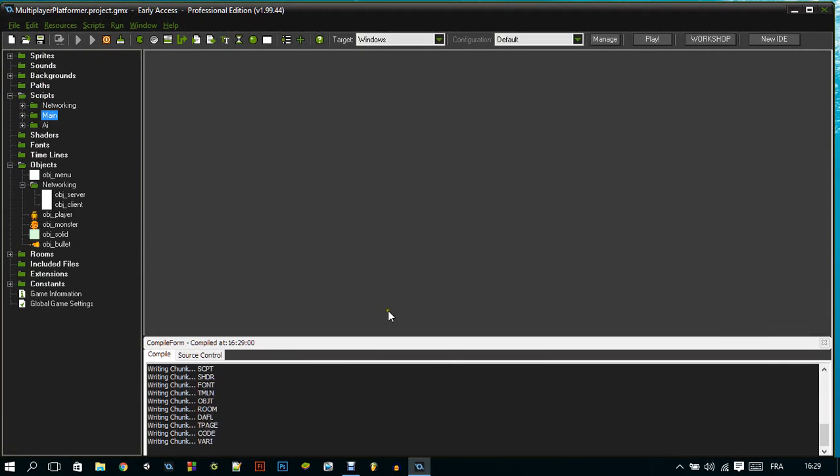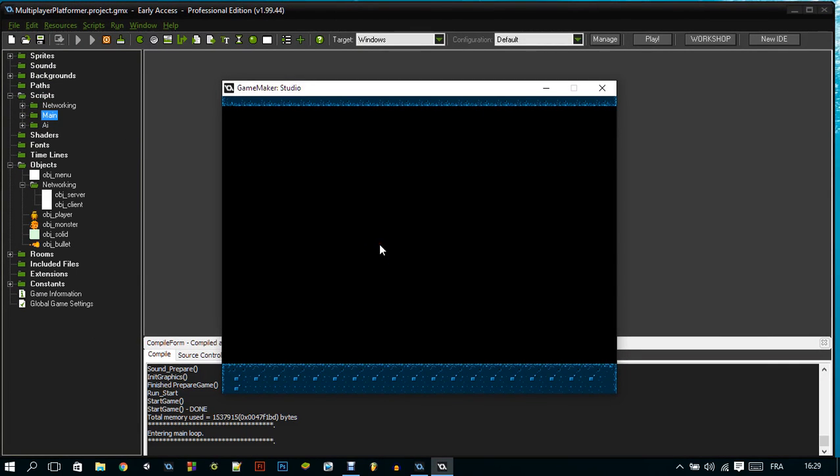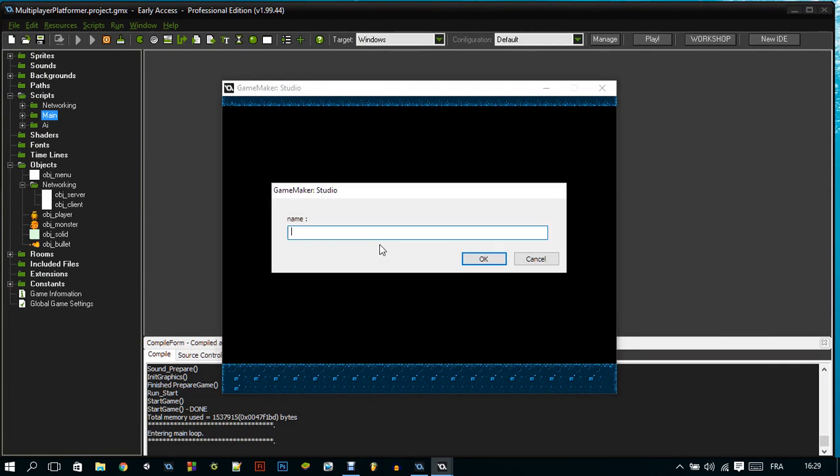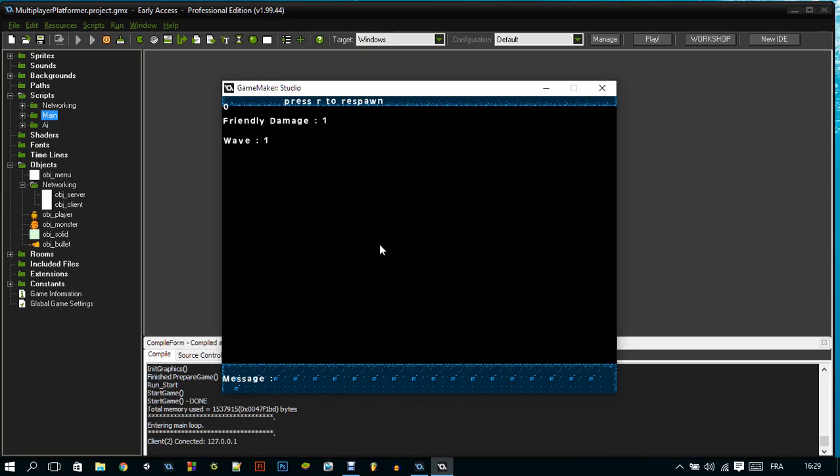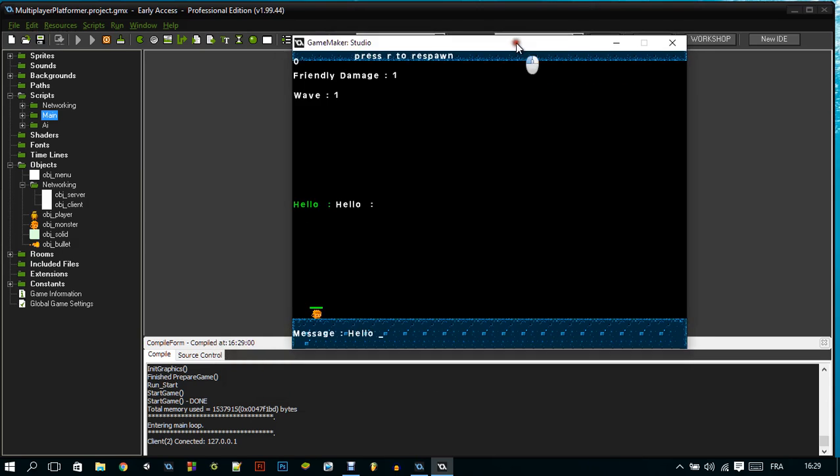Hopefully everything will work fine. No, so it's our server. Now I'm going to press T, and as you can see, we have this little bar. So we are typing now. Type hello, and when we press the space key,